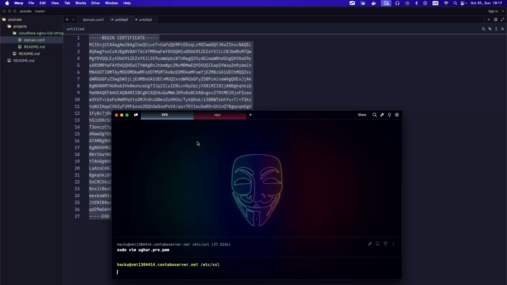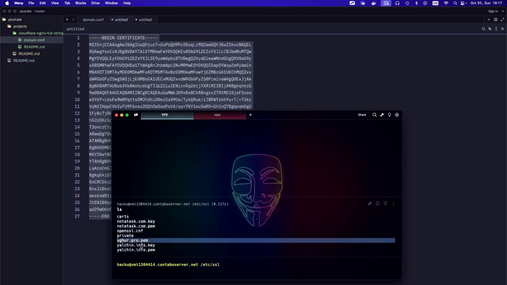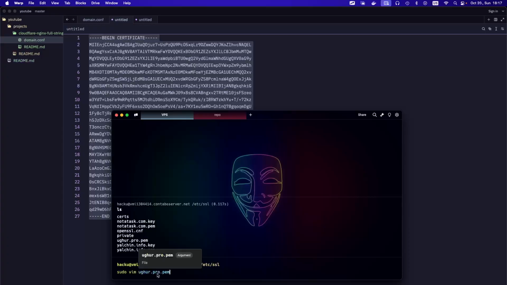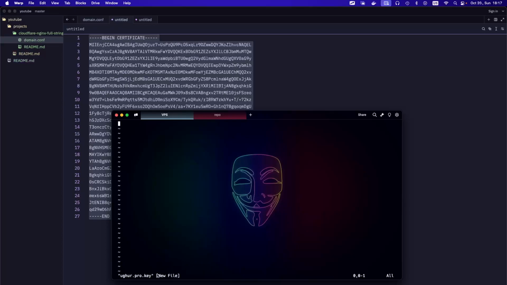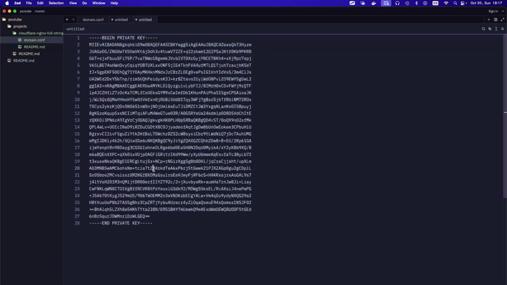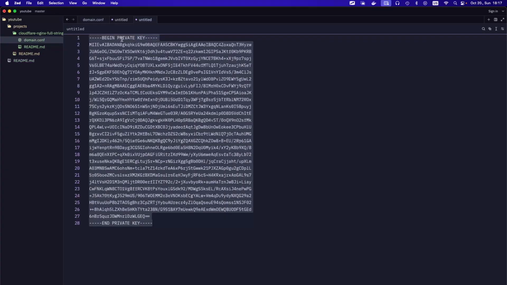Save this, close this, see if it's created. You can see it's already created, this one, and we will go for the second one. But this time we will have extension of key, right? And that's it. Now we can copy the key, which is private key,